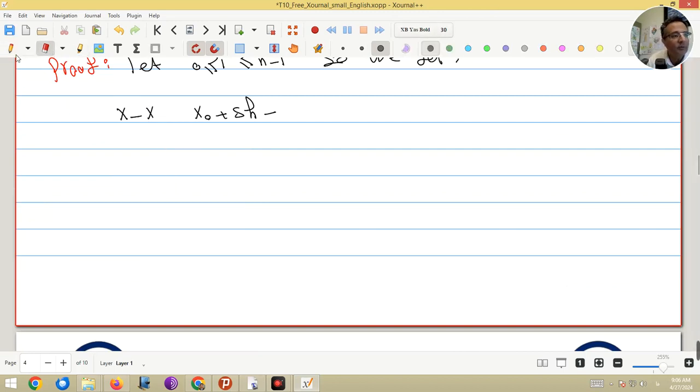I put x0 plus ih instead. Why is this true? Because we know that all the points are equidistant, so I can write xi as x0 plus ih. So this will be true. Okay, so if you compute this one, x0 with x0 will be cancelled, and if we factor h,